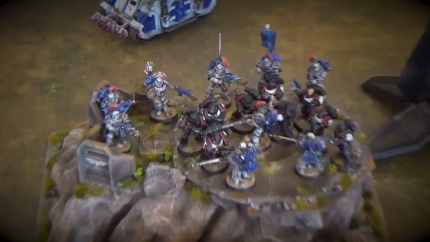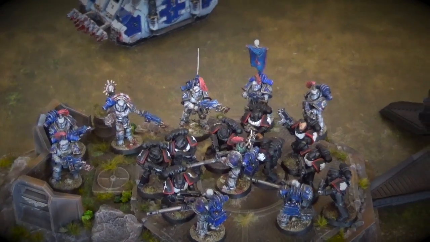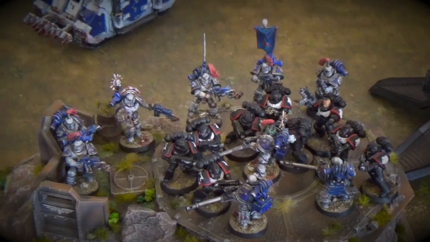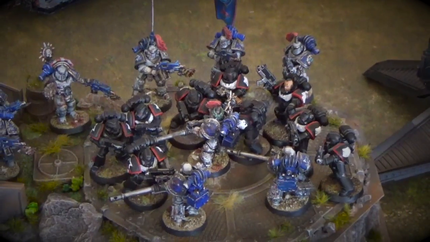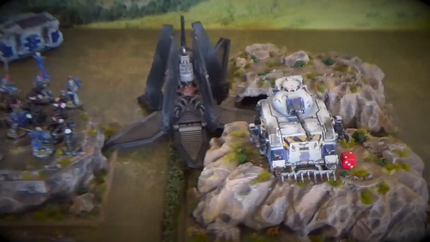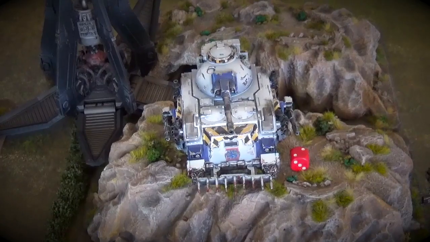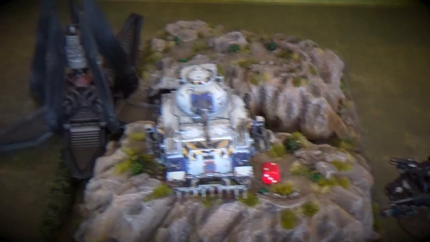Meanwhile, the veteran tactical squad are getting sick of the lack of effect that their bolters are having, so they are reverting to true World Eaters combat tactics. They are moving up to take on this tactical squad in close assault. This Predator, no longer shaken, he is determined to take out this land speeder that has eluded him so far, and